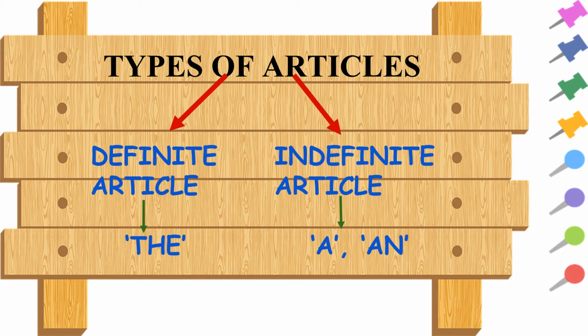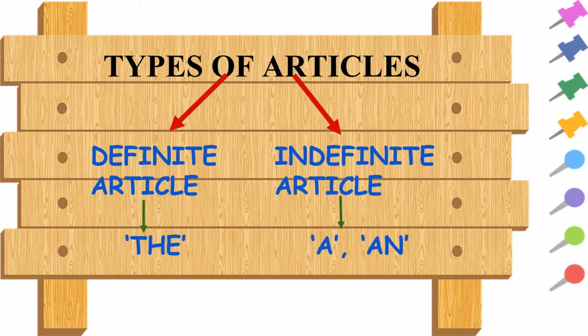There are two types of articles in grammar. The first one is the definite article and the second one is the indefinite article. A definite article is used when we want to say something is specific or particular, when we are not talking in general terms, when we are specifying something. Whereas an indefinite article is used when something is non-specific, when we are talking about things or people in a general manner. Accordingly, the definite article takes the, and the indefinite article takes a and an.